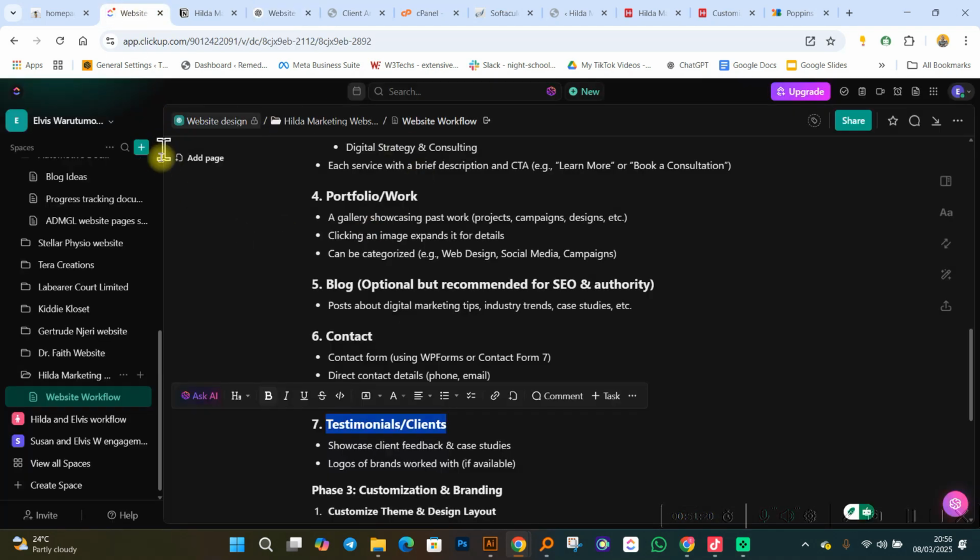Then I'll come back to my ClickUp. Now ClickUp is for project management. The good thing, let me tell you one thing. Instead of having your stuff scattered everywhere, you need to have all your stuff organized in one particular platform. And ClickUp enables that for you. Okay? You can use ClickUp for that.